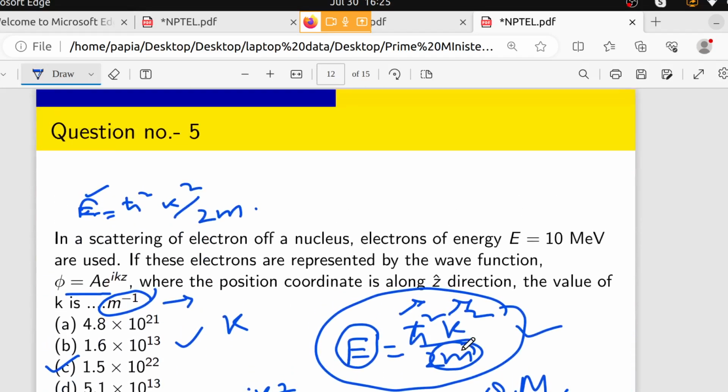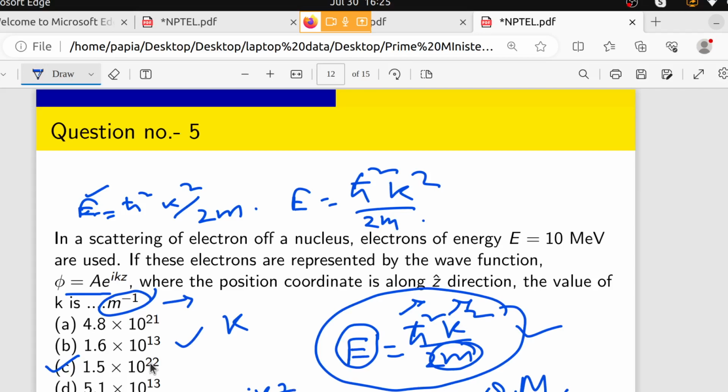And then the next question was telling that the energy is given, and these electrons are represented by the wave function. If energy is given, then what will be the value of the wave number, which is k? So the expression is E equals h bar square k square by 2m. From that expression we get k equals root over 2mE by h bar square. Now putting all the parameters m, E and h bar, we can get the value of k,